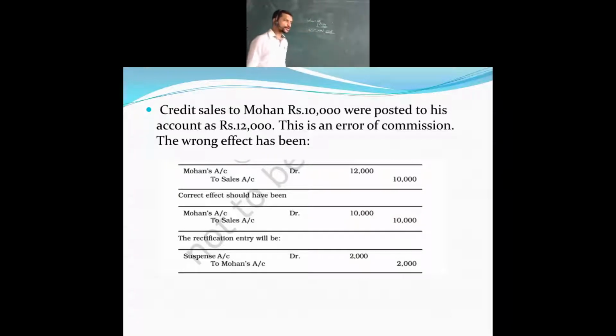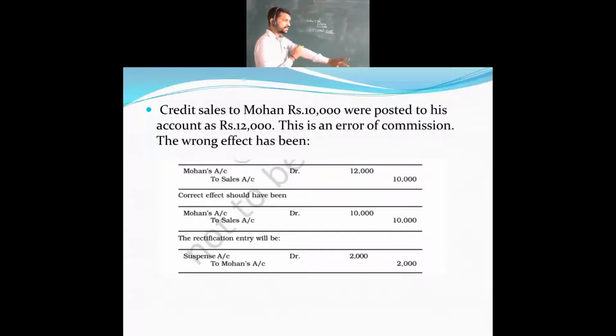Okay, so what are you going to do over here? This is almost an error of commission. Why? Because when an error takes place regarding the amount, a wrong entry of amount, it is an error of commission only. Here it is not told that it has been journalized but not posted. If it is partial, it is an error of commission. If the whole of the account is not posted, it is complete omission. Okay, that is one thing. Here it is an error of commission.